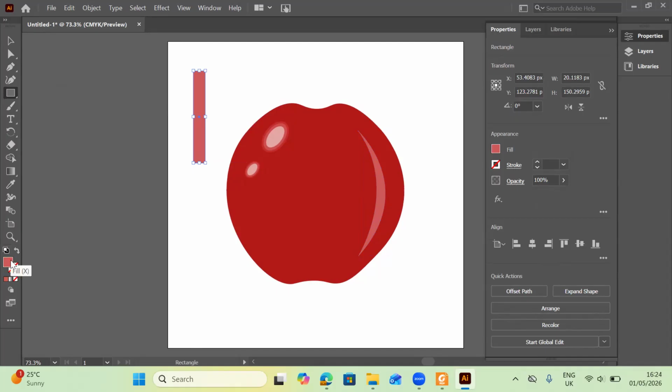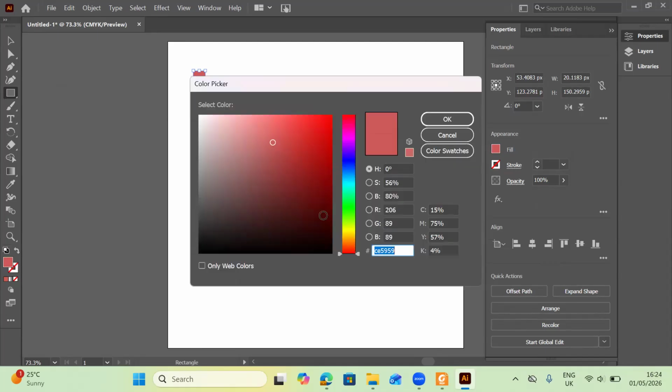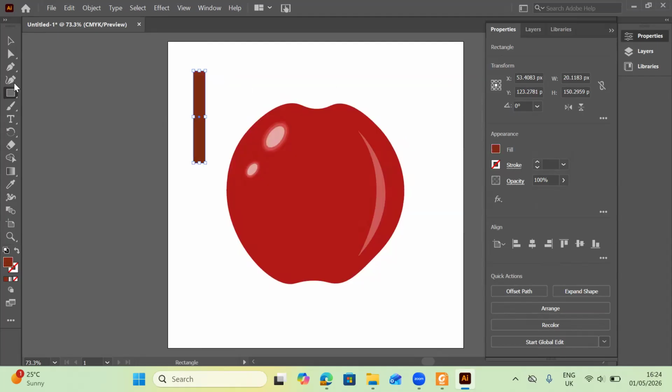They say brown. So we click on fill and we choose a brown color. Maybe a bit darker. So when we have our brown color, we want to use the Alt feature too